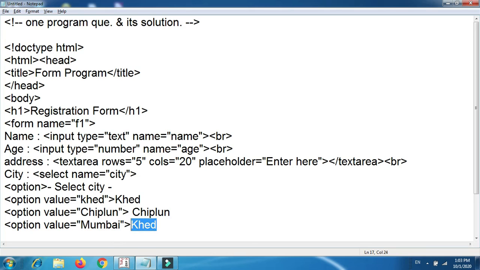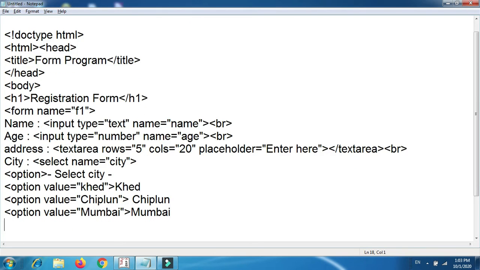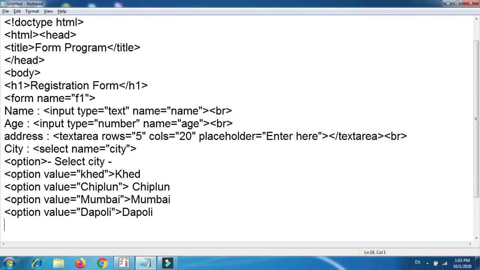Okay, here Mumbai city, fine. After that option value is equal to the next thing, Dapoli city, fine, Dapoli. Okay, so these are different types of cities, and I'm going to close the select tag.